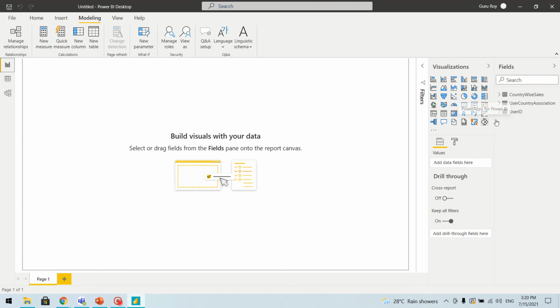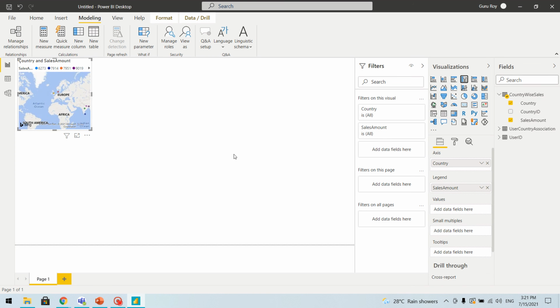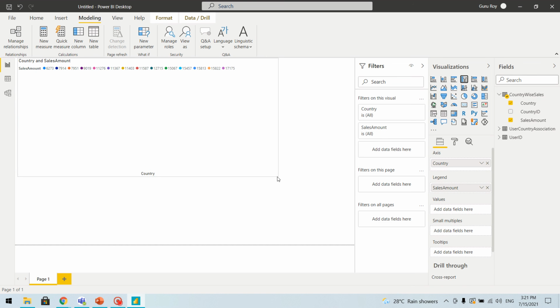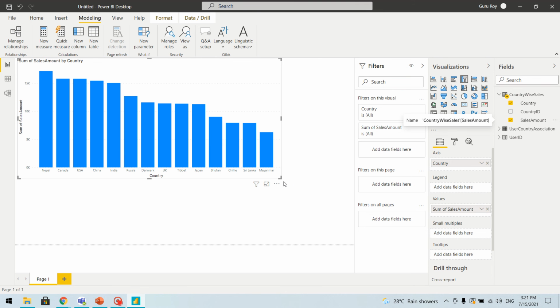Now we'll create a report from this. So we'll use this and make it a bar chart, and in the bar chart add the value here. Let's make it a sum so it looks a little better.